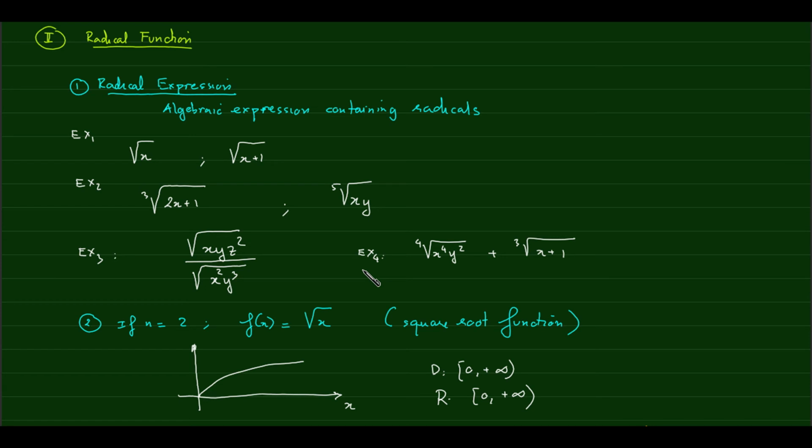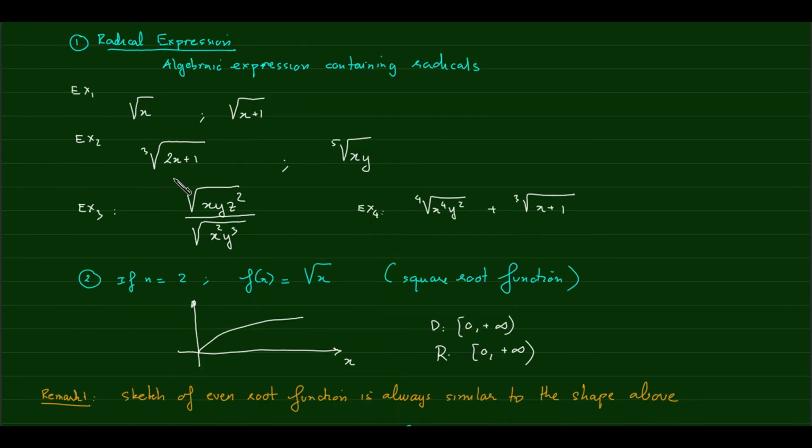Could be more than one radical, but could be different index. Okay, now if I go ahead and put one of the algebraic radical expressions and set it equal to f(x), we know that f(x) is function notation, and we can obtain the radical function. Okay, so in this course, we just focus on two different radical functions,